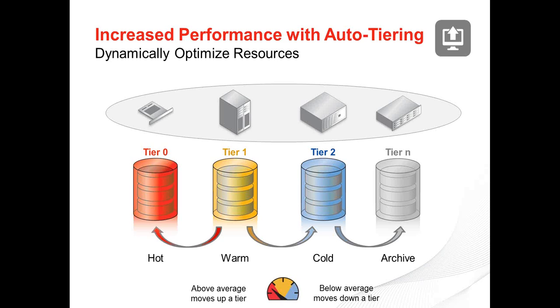Now, if you have to juggle all these tiers by hand, you never get very far. So the main point here is that, overall, auto-tiering at the block level helps you avoid unnecessary spending on high-end storage systems, and at the same time, it's going to help you maximize the performance for those critical applications.